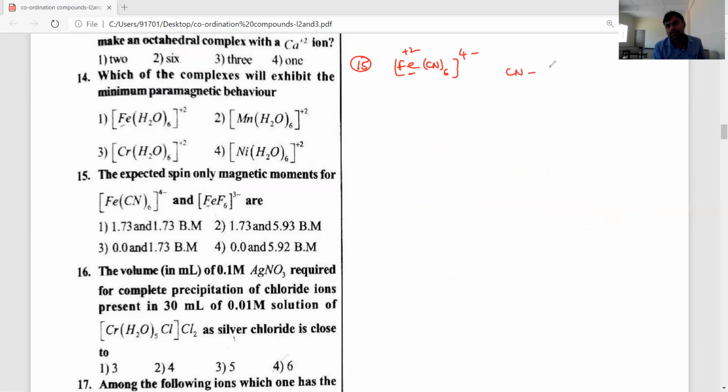CN is a strong field mono-negative ligand. Its oxidation state is equal to -1, CN minus. Next, F minus, which means [FeF6]3-. So